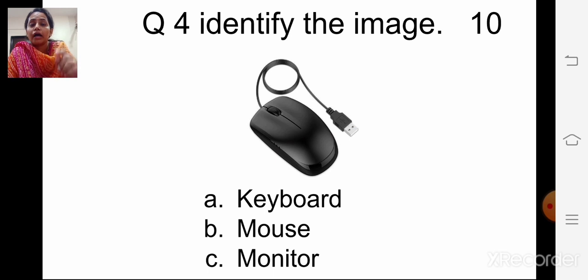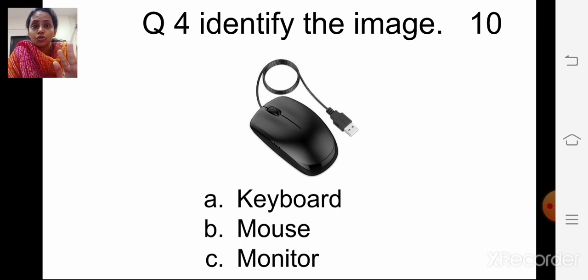Okay, and one picture will be there. You have to recognize which image is this. Now you tell me, which picture is this? This is mouse. Correct. So where is the option? Option number B. You just have to click on that. Okay, you have to select.